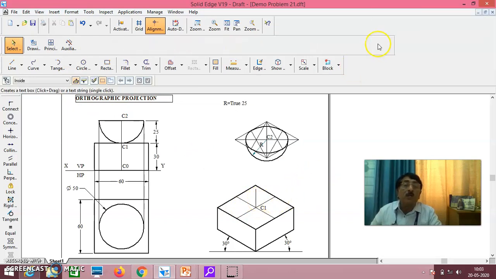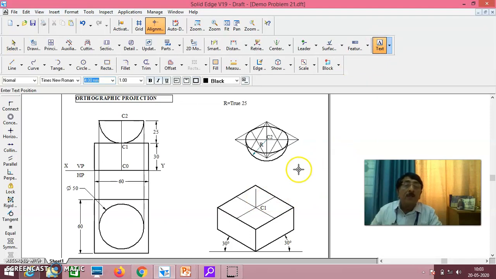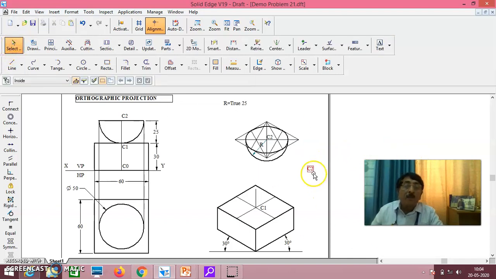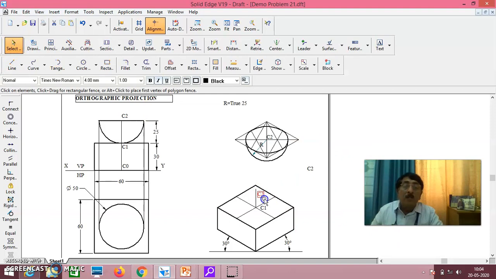Now if you look at this, this is C2. This is ISO 25. From here to here I have gone. This C2 and this C2 should merge. Then only the problem will be completed, and this hemisphere will be seated centrally over this.